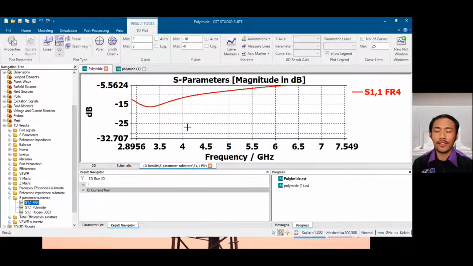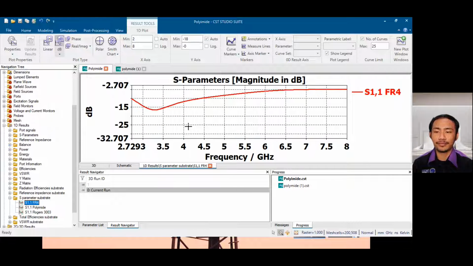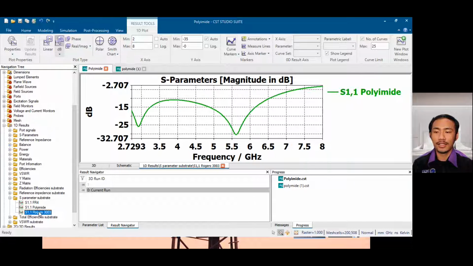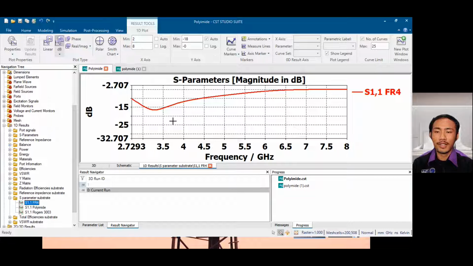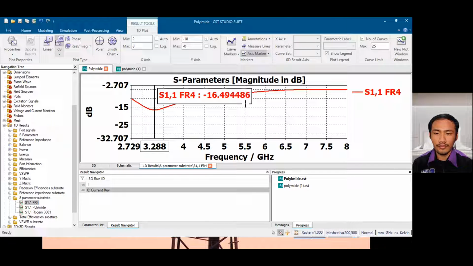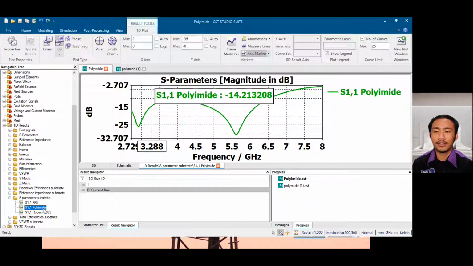So for FR4, the resonant frequency is 3.288 GHz, and the return loss is negative 16.49446 dB. For polyimide,